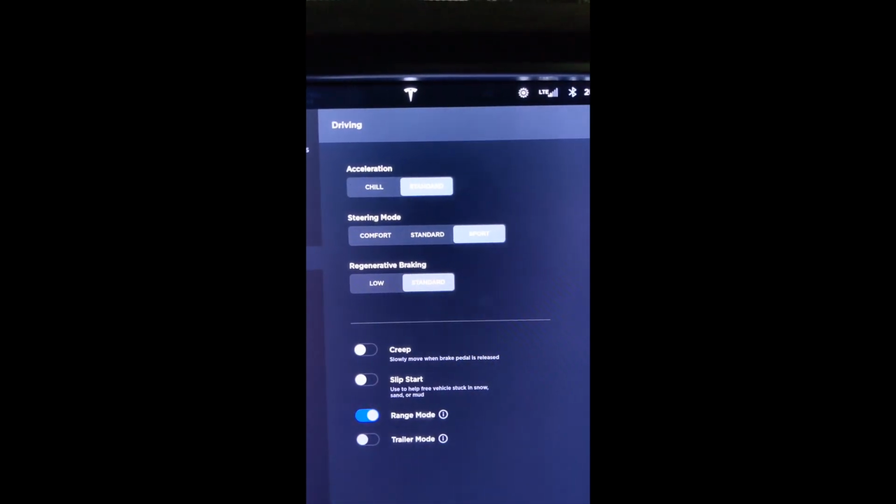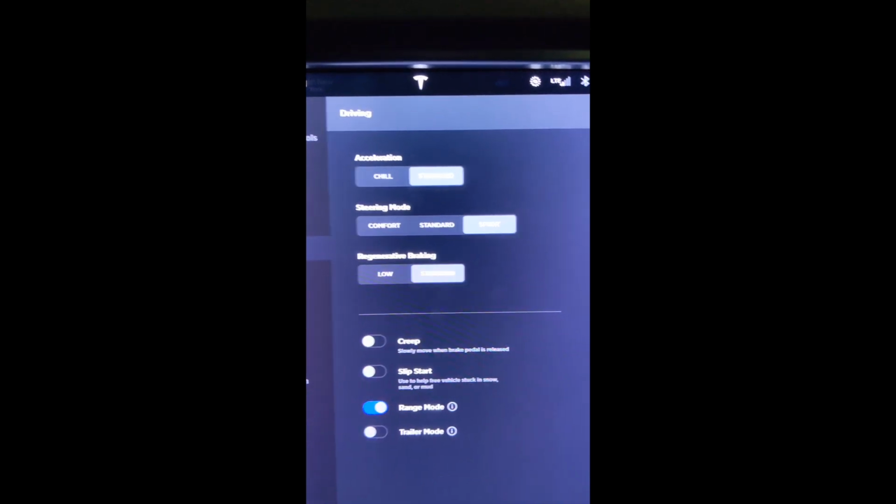Headlights after exit, so when you exit you get lights. Driving, this is where all the fun happens. Since I have a 75 kilowatt battery, I don't have the Ludicrous Plus, Insane mode, or "I want my mommy" and all these things, and I don't think you really need it. It's fun. It's awesome to punch it, and it's great to